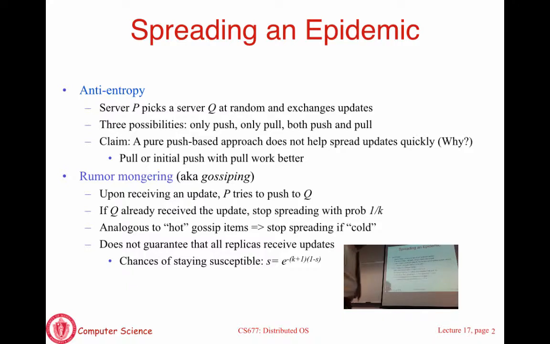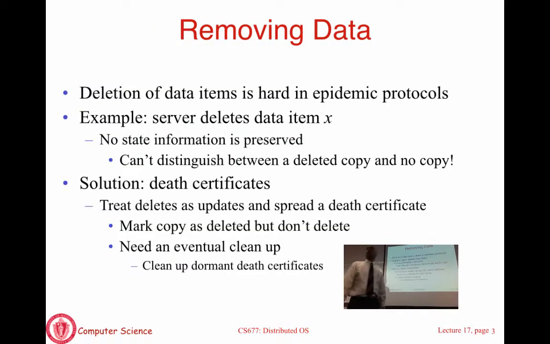Okay, so now a few small implementation details. I've spoken so far about spreading updates. Now there may be data items that are not updated but simply deleted from the system. So the question is, if you actually go into a database and delete a record, that's a change that also has to be propagated to all other machines in the system. How do you go about doing that?